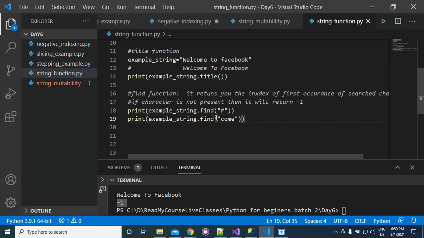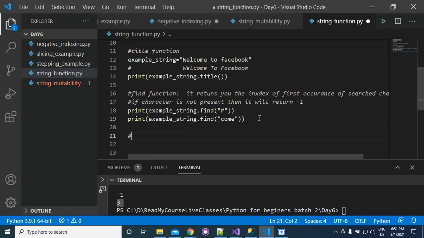It will give you the index of the first character of COM. So what is the index of the first character of this COM? It is 0, 1, 2, 3, so you will get 3. It just tells you that COM is present in this example string, starting from index 3. Okay, if this is not present, it will give you -1.